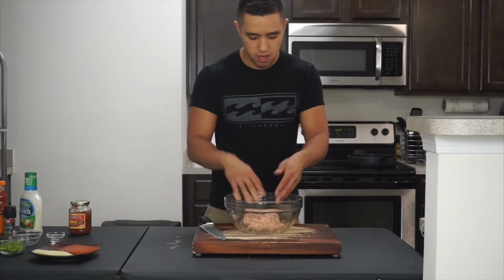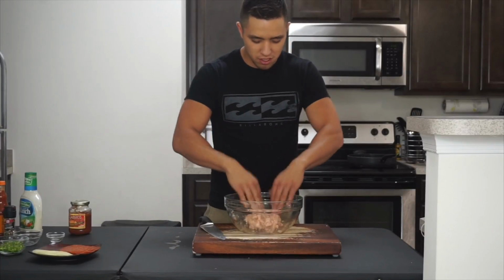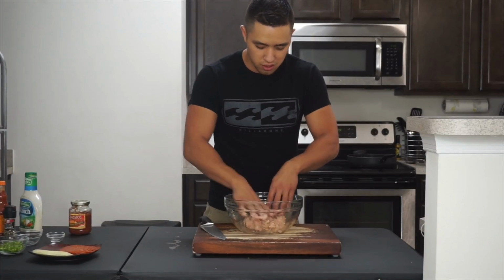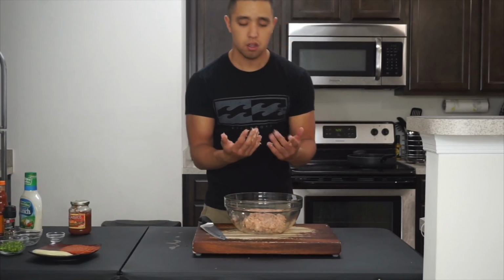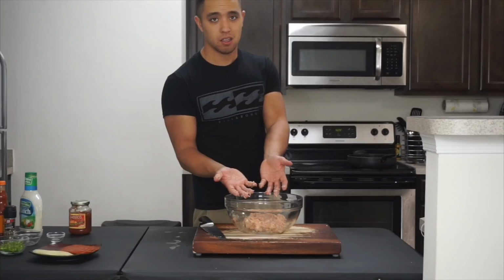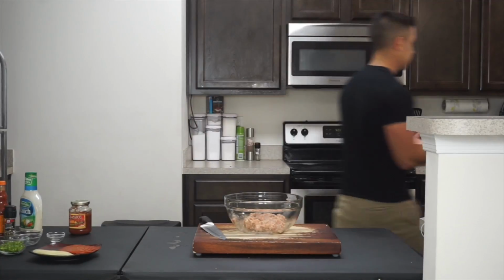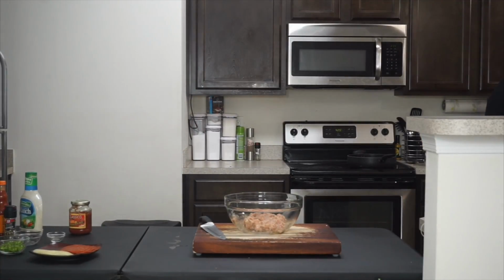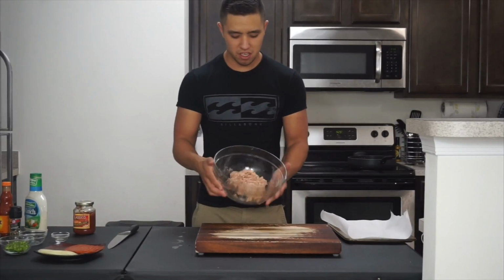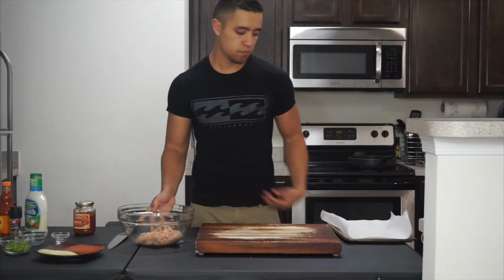Chicken fingers. Now, once you believe that your chicken is nice and incorporated with all those seasonings and deliciousness you just put in there, wash your hands again, because look at this. It's a mess. Alright, now that we got that all mixed up and delicious and smelling like raw chicken and seasonings,